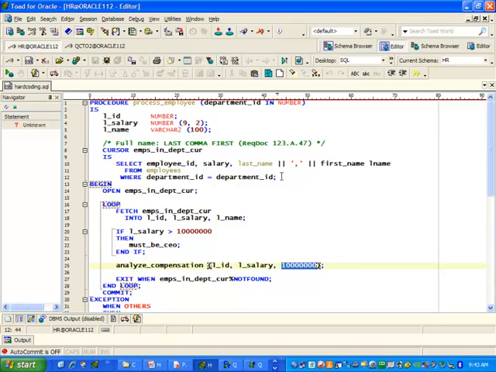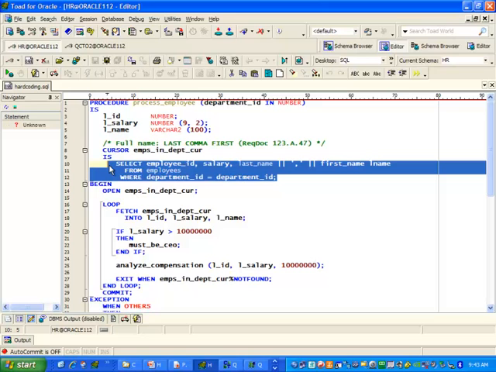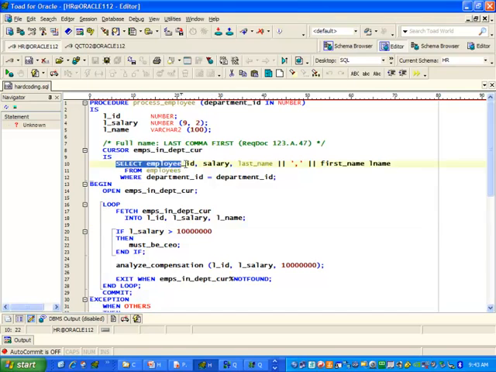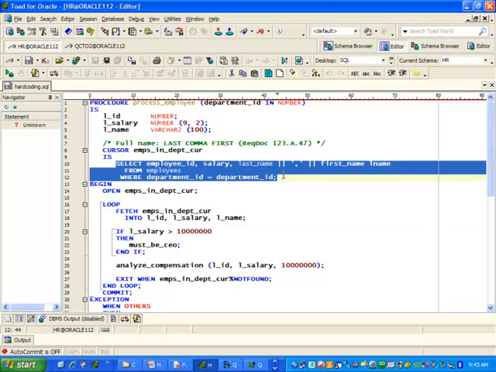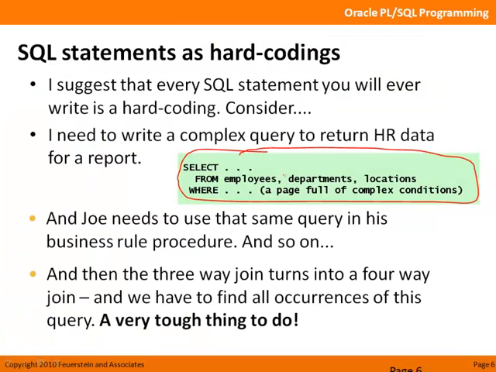Well, if I have this select statement here, and I have it in another procedure and another function and another report, that's even worse. It's the same problem. I've hard-coded a part of my business model, and now I have multiple instances of it, and I can't even find them all, much less keep them in sync. So from a logical standpoint, there's really no difference between hard-coding a literal value and hard-coding a select statement, except that the select statements are much more important to our application and much harder to address.